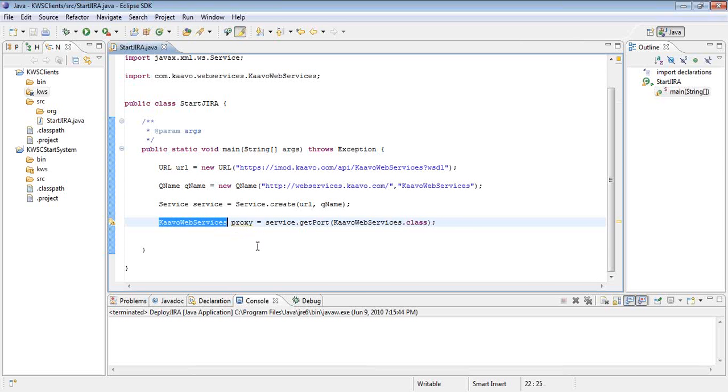And this web services class is the class that is generated by the wsimport tool. So now I have the proxy, and this is a proxy for the remote service. That means we can invoke methods on this proxy, and the communication with the remote service will take place automatically. So what I'm going to do now is invoke the startSystem method on this proxy.